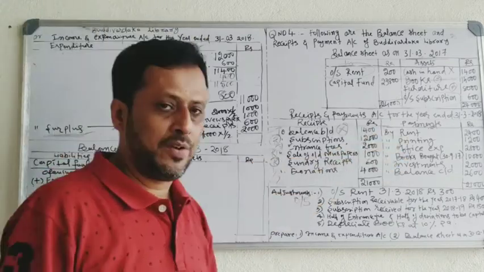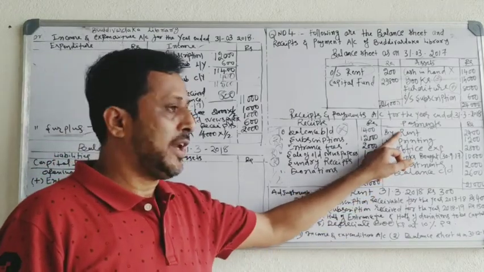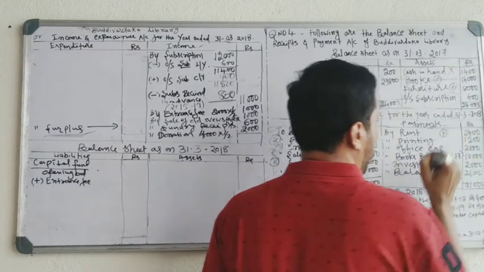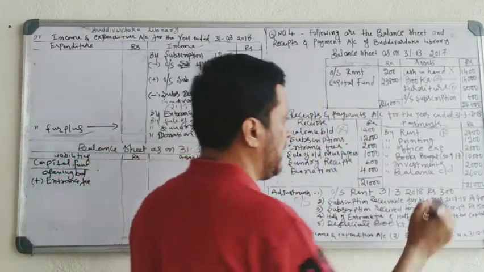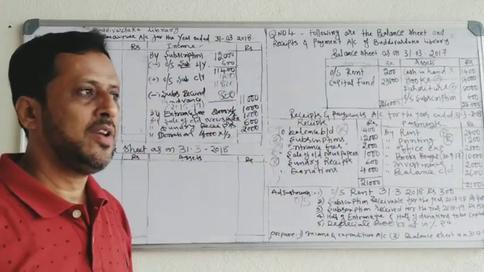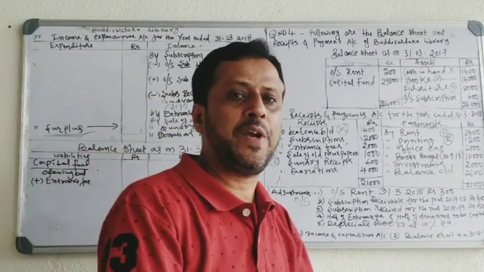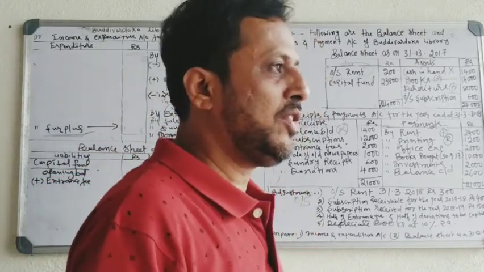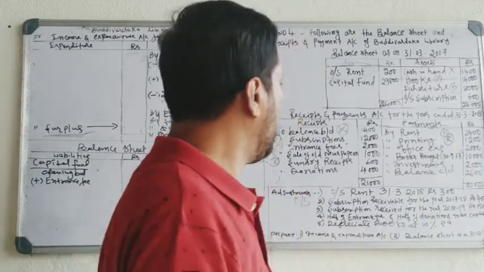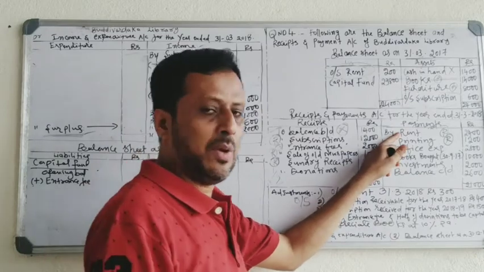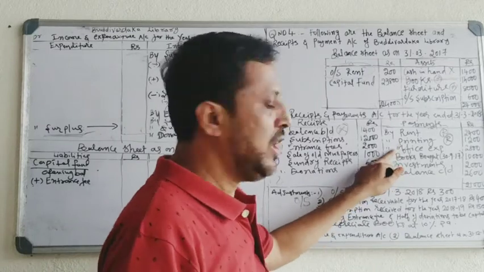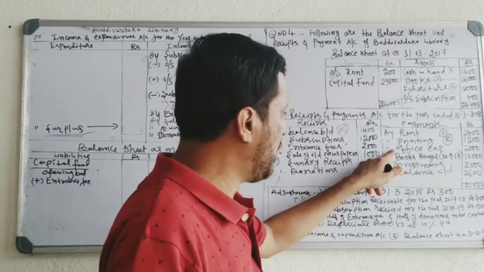Okay, go to the payment side. Rent is paid every month. It is a revenue expenditure. Printing is a daily expense, revenue expenditure. What is a revenue expenditure? Expenditure which is recurring in nature, which is paid every day, every month, every year. What is capital expenditure? Expenditure which is paid very rarely, once in 5 years or 10 years. Rent is revenue expenditure. Printing is a daily expense, revenue expenditure. Office expenses is also a daily expense, revenue expenditure.